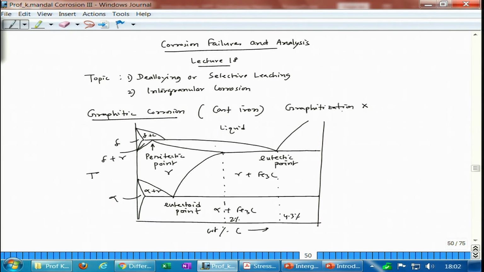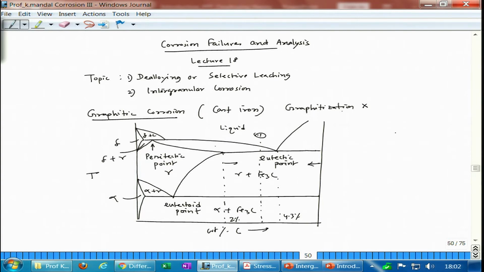Okay. So, this 4.3% carbon, between this and this we have the cast iron zone, and from here, let us say you are here. From there, if you do a slow cooling, depending on the cooling rate, either you get cementite and austenite, or if you do a slow cooling, you will get graphite and ferrite, and if you have a little higher cooling, you can get graphite as well as pearlite. So, those are the kind of microstructures you will get.